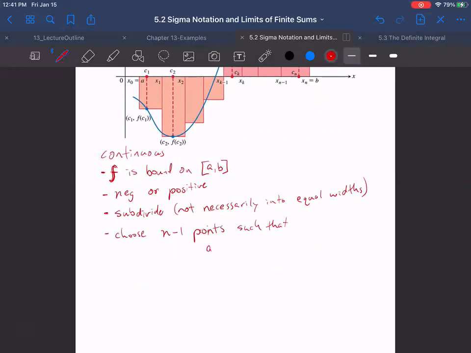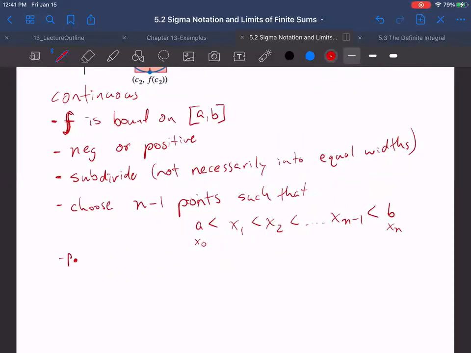what do we have here? We have a is less than x1 is less than x2 and so on, up to x sub n minus 1, and then b. So this would be like x0 and xn, where a and b is where we start. Those are all our subdivided points. And then we're going to partition it. The partition P is equal to x0, x1, x2, up to x n minus 1, xn,